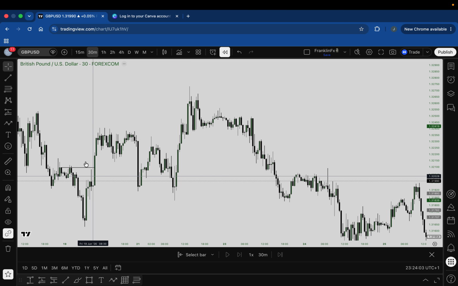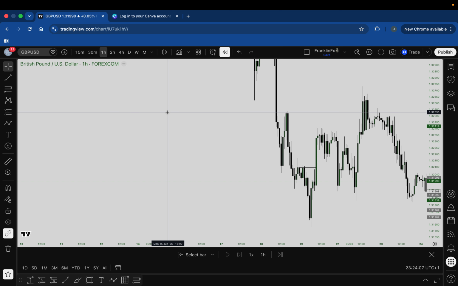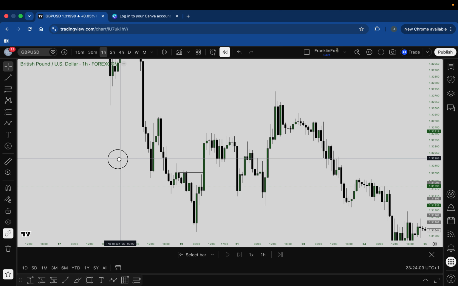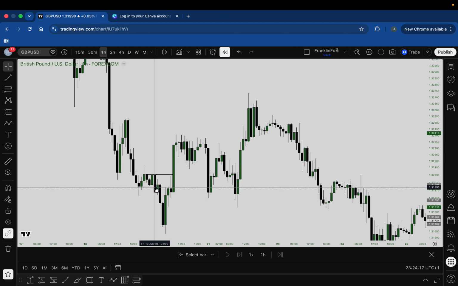Now on 1 hour, let's check 1 hour. On 1 hour, we have another block here, as visible here. We have another block here, very, very visible. And as you can see very well, price went all the way here and started coming down, all the way here to the other block. And then what happened? Went up slightly and then good.